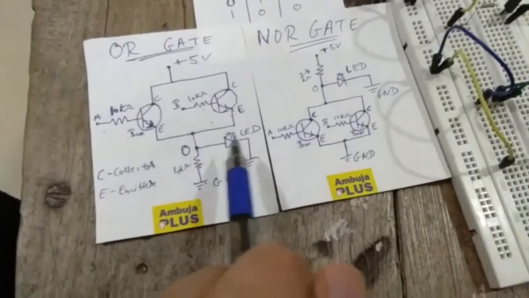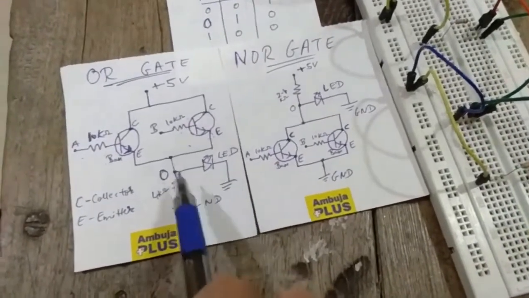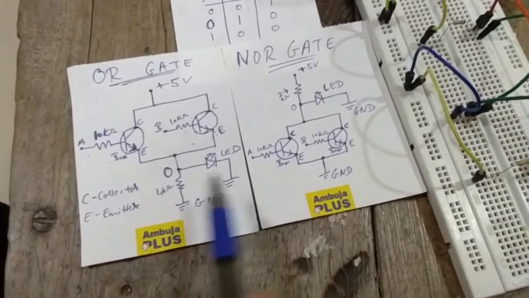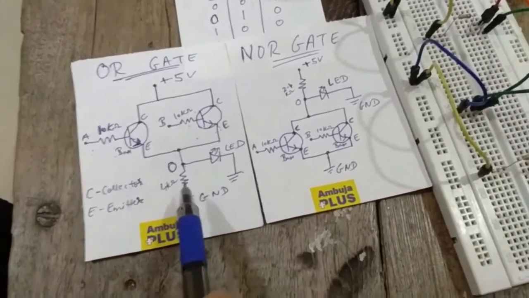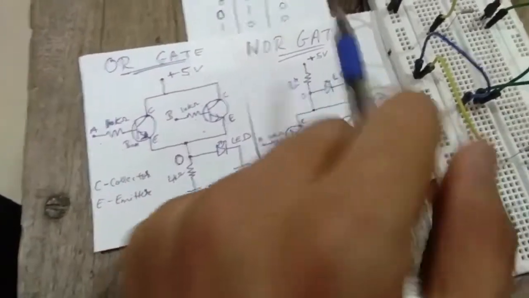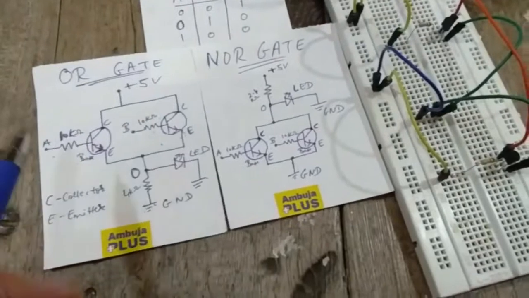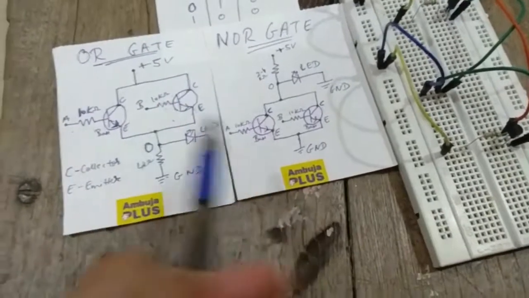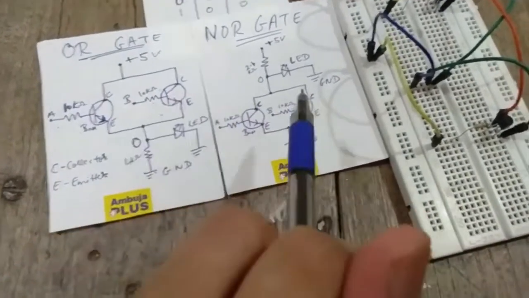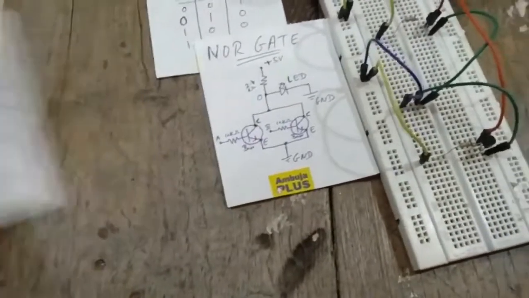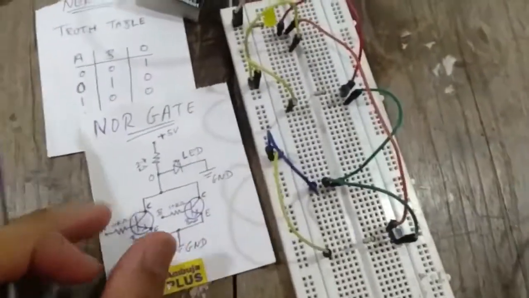Not only this much part, but the output terminal connected with an LED, which is further connected with ground, and also connected with a resistor, is similar, but it's just replaced from here to here in the circuit of the NOR gate. So this is just the difference which makes an OR gate a NOR gate. All of the things are the same, and even the working of both the circuits is the same. It's just that the output of each of them is the inverse of the other. So now coming to the circuit of the NOR gate, let me explain how I made these connections.